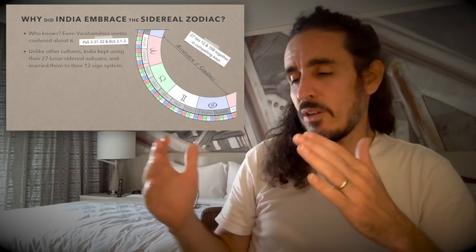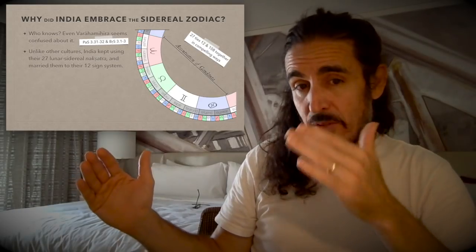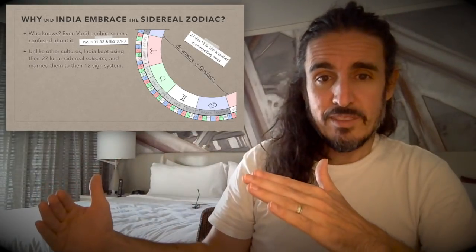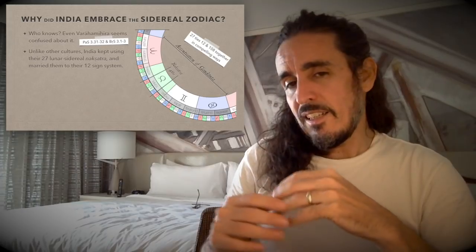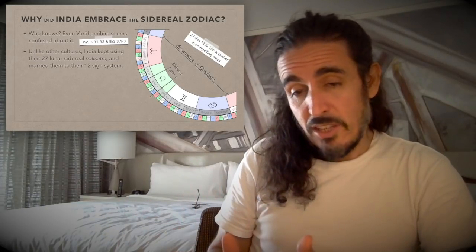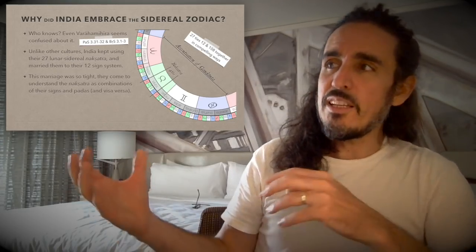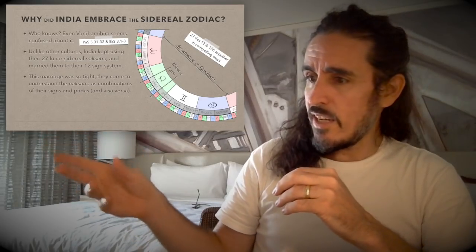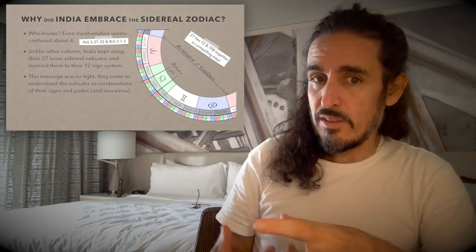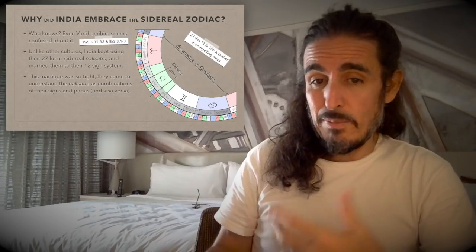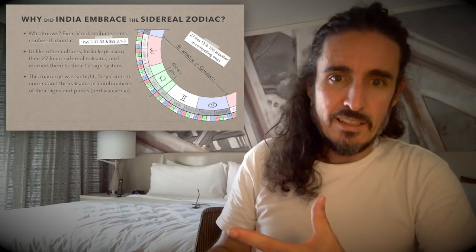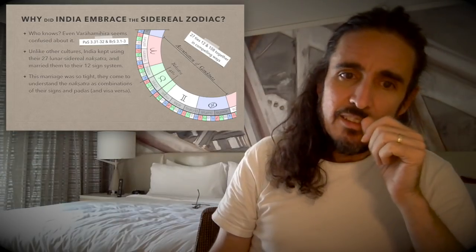They liked the way that it worked with the Gandanta point, the Gandanta being the end of the fire, earth, air, water cycle. And they liked the way that it worked with their nakshatras, how the navamshas would divide each one into 4 bits. So they said, no, it's important to us. The relationship between the marker star and the equinox is important to us. And they start to develop theories and practices based on it. So they weren't willing to